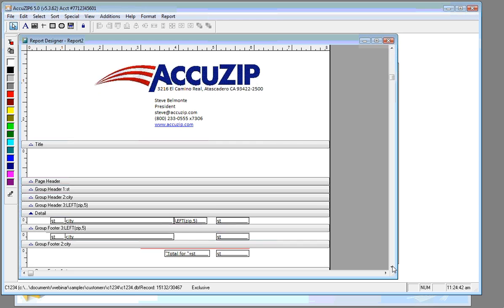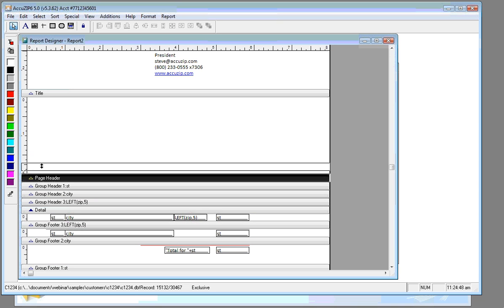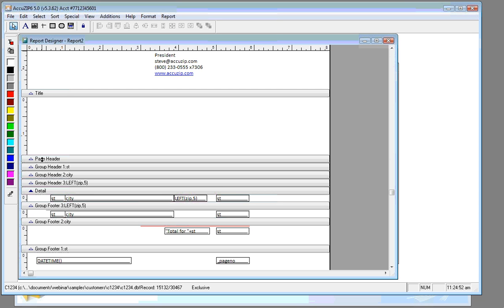So what I'm going to do, and this will be the last thing I show you, is make the page header band slightly bigger. We're going to go maybe to 1.5 inches. And in here, I'm going to give the report a title. So I'm going to click the A tool, click my mouse where I want to begin typing, and then type count on state, city, zip,